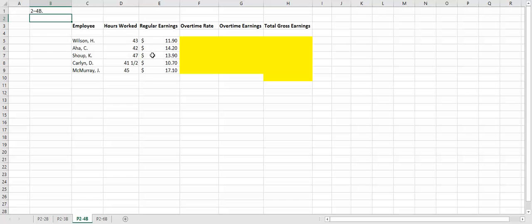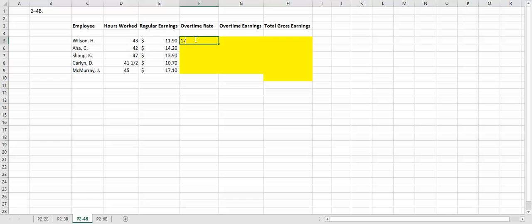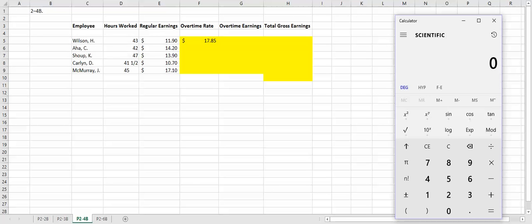2-4, it is similar, but as you can see, all the employees will have overtime hours. So the first thing you have to show me is how much are they getting per hour for overtime. The easiest way to do that is to take the regular earnings, multiply it times 1.5, and so we're getting $17.85. You can do it by taking the $11.90, multiply it